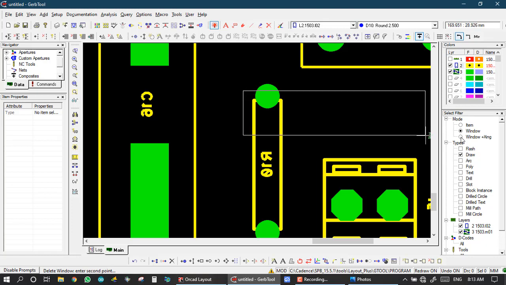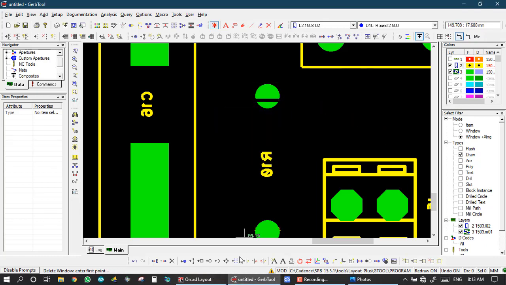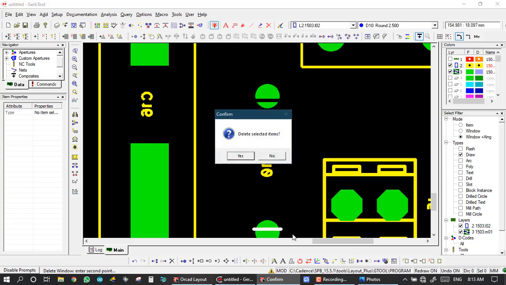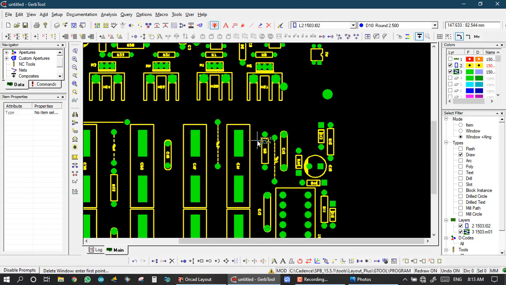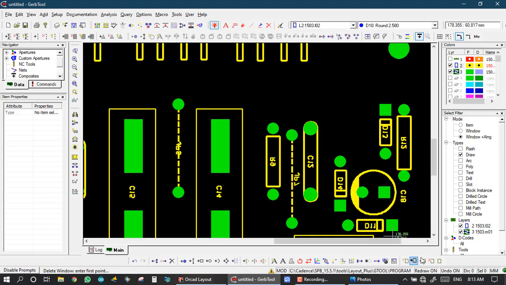I set the window and I want to work only with draw. So I select type draw, select it and delete this line and delete. Now I make a group of this draw.